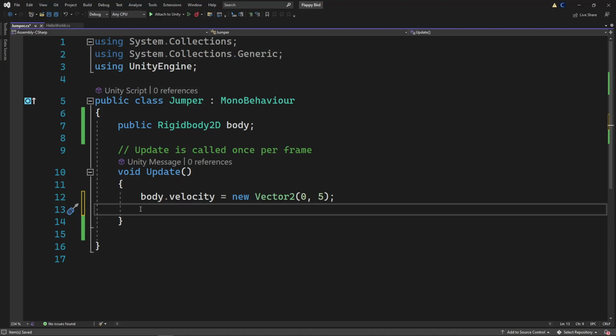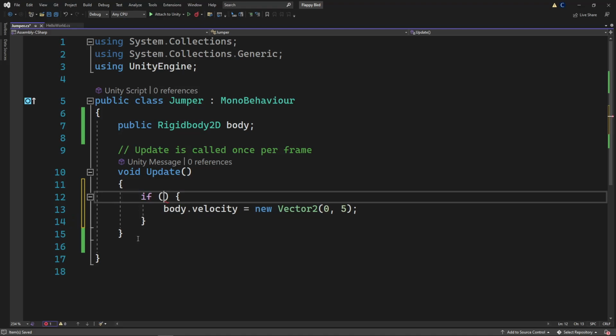So if you type in the keyword if, that's lowercase if, and then you type in parentheses after that, and then an open curly brace, close curly brace, press enter, and it will look something like this. This is a new if statement where whenever something inside the parentheses evaluates to true, then the code inside the curly braces runs. So I can move this body.velocity into the if statement. Now if some property is true, you run this code that says body.velocity equals up.